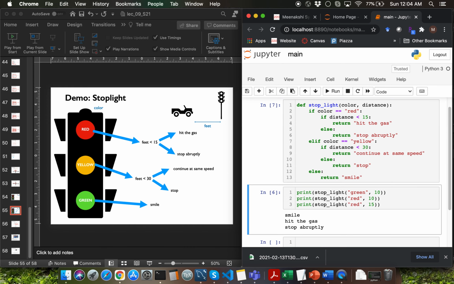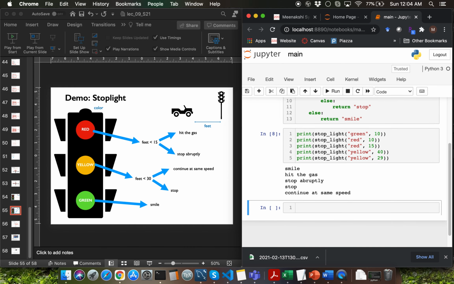Let me rerun the function definition, and I'm going to call the function for yellow color light. Let's use the first distance as 40, and let me change the color as yellow for the last function call, and I'm going to change the distance as 29, which is a corner case here.